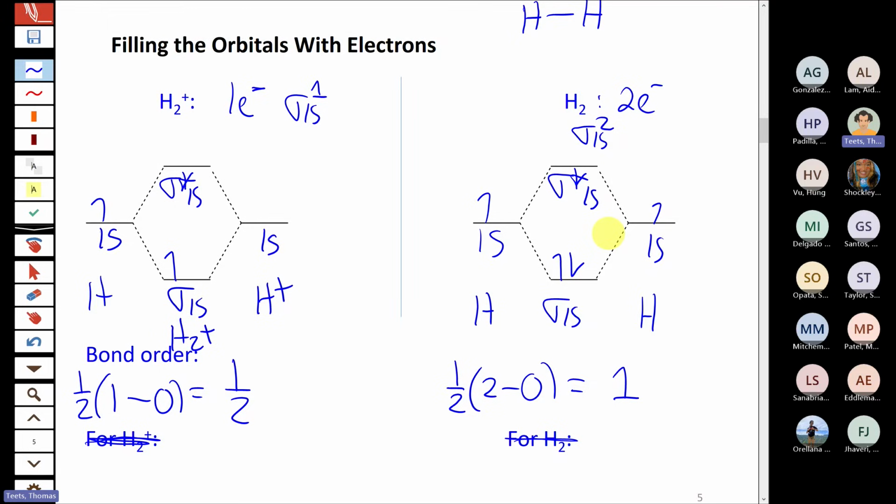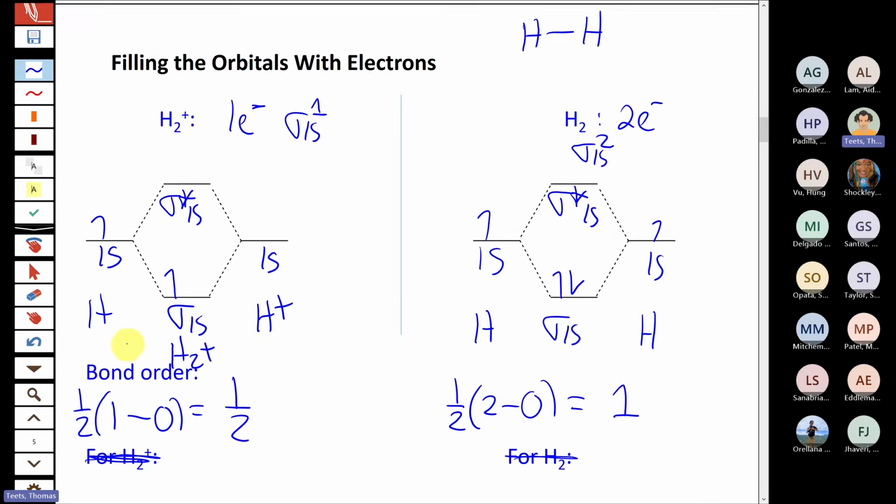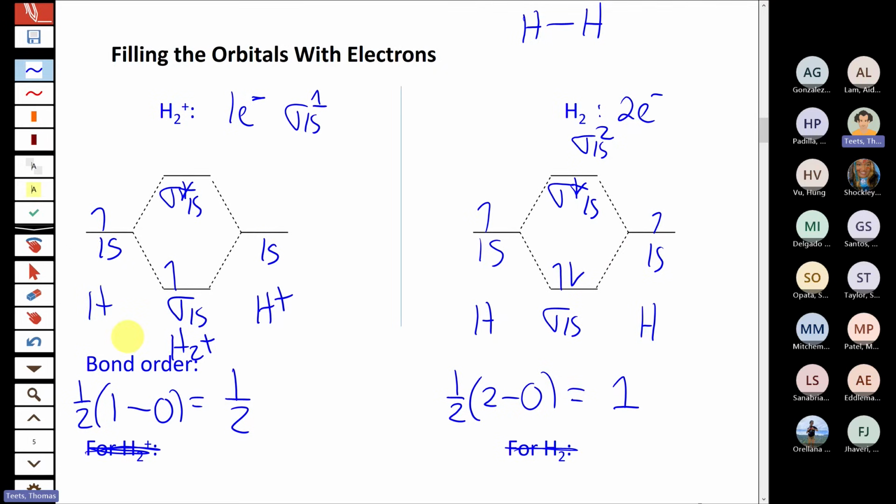We'll talk more about the paramagnetic diamagnetic distinction later on. But one thing that's helpful to recognize is that if you're doing a molecular orbital diagram for a molecule or an ion that has an odd number of electrons, which is what we started with for H2 plus, that has to be paramagnetic. There's no way to have an odd number of electrons and have them all paired up. It's just not possible physically. So if your